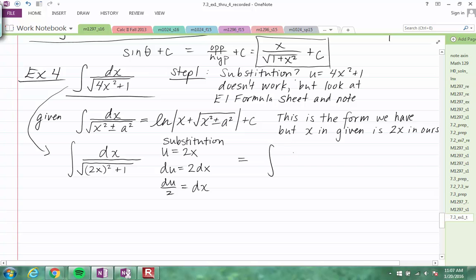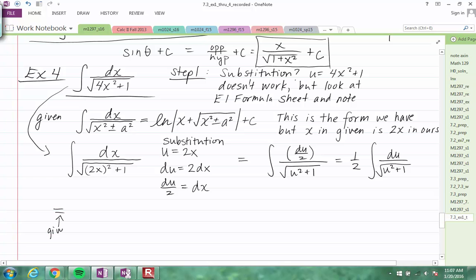What we're going to have is the integral of du over 2 over u squared plus 1 with a root around it. Normally this wouldn't be a helpful substitution, but because we have, again, that given integral on the formula sheet, it turns out it is helpful. Now we have the integral form exactly, right here with their given, except that our u is x and our a is 1 in this formula. So evaluating this integral